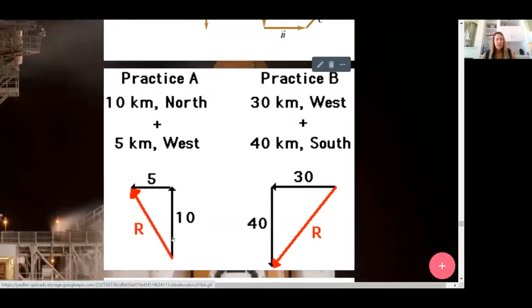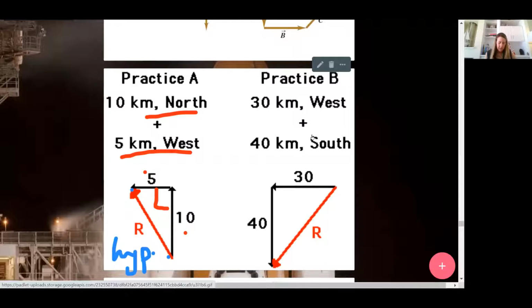If we have vectors that are not collinear, or not on the same plane or in the same straight line, then of course you have to start using trigonometry. If the vectors go at 90 degrees to each other, like here, say a 5 and a 10 kilometer vector, a 10 kilometer vector due north, so it would point up, and a 5 kilometer vector due west would point to the left, the resultant would start where the first vector starts and end where the last vector ends. And that will be, of course, the hypotenuse